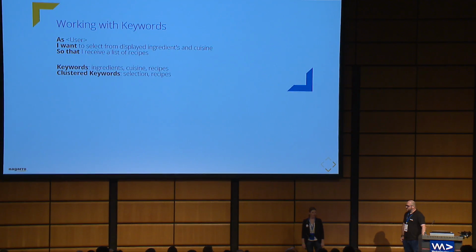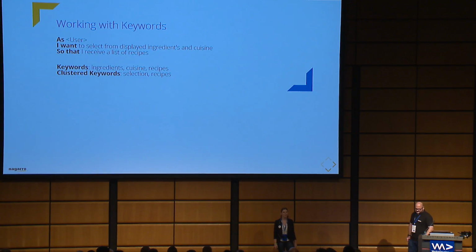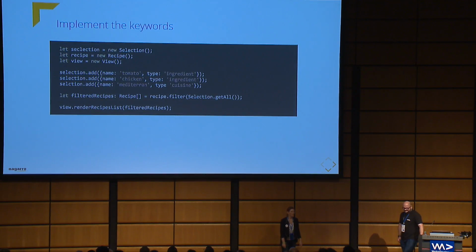So maybe you are now wondering, okay, now we have the keywords, but how can we use them in code? I would say pretty simple. The reason why you should use storytelling is that you use these keywords to describe what the code is actually doing. So when we look at this code example, we are not seeing any for loops or if conditions and so on, because this logic is wrapped in the keyword.